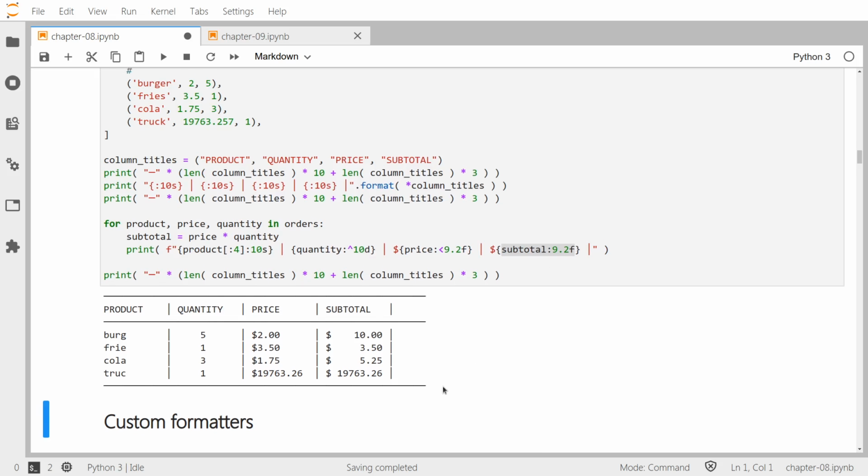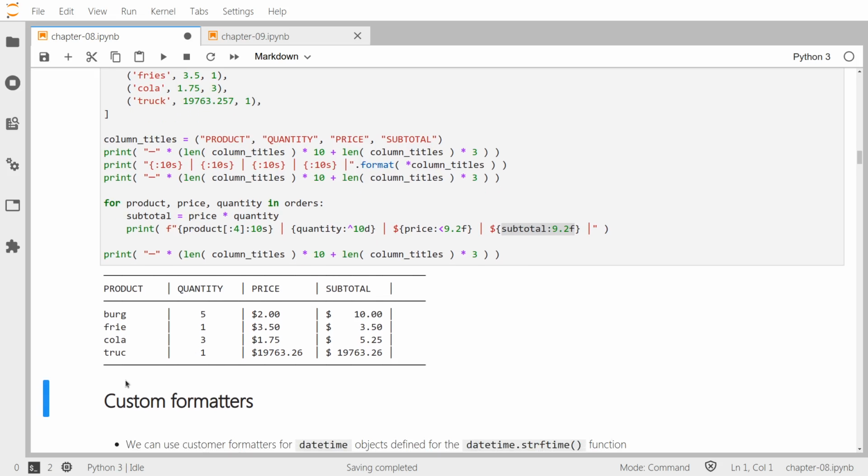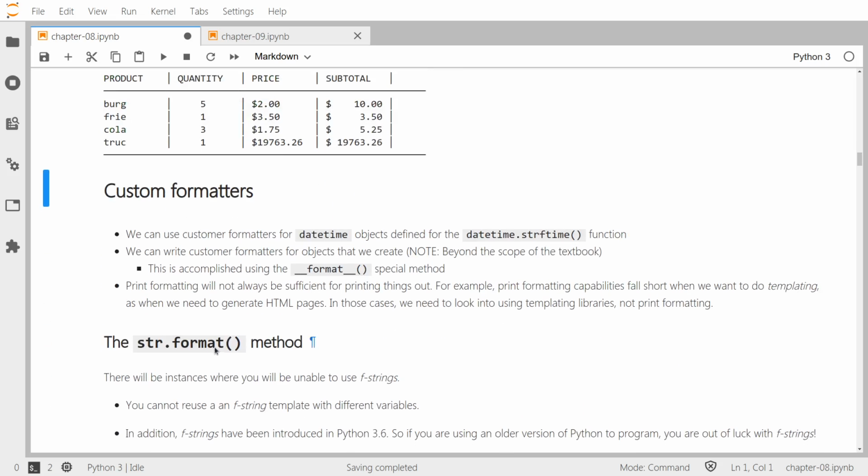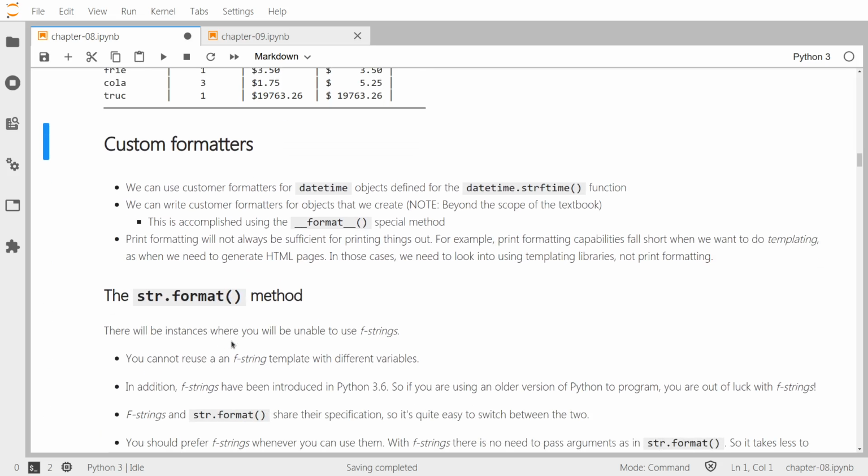Again, it looks pretty nice, but this is just to show you that I can chop things up. I don't have to print everything. If it's going to take very many characters, it will occupy the whole screen. Let's say for a column, I can chop it up to still make something meaningful out of it, to actually create a meaningful table. Then we have custom formatters, so we can use custom formatters for datetime,